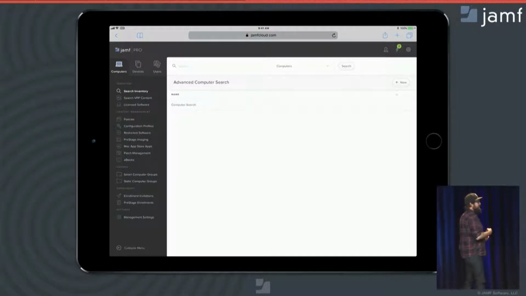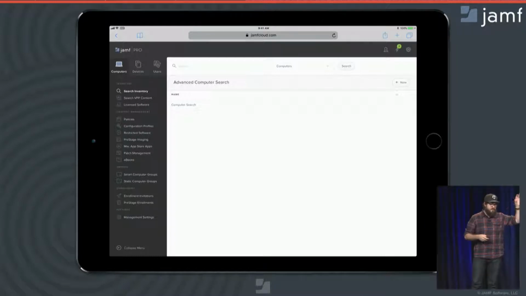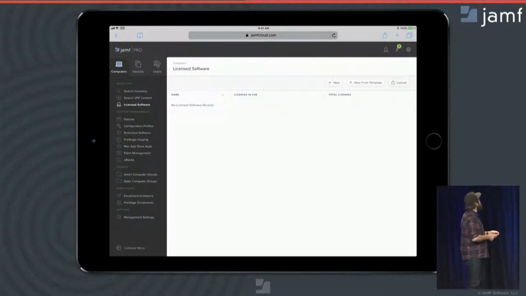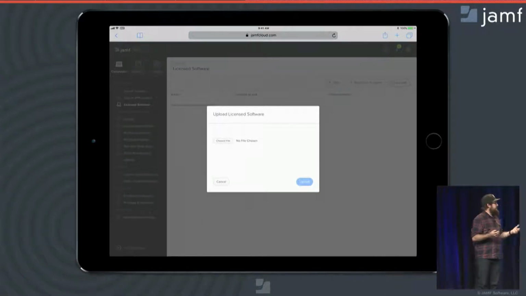Go back into Jamf Pro. I need to be able to upload this file now. So from the Jamf Pro interface, I can tap on licensed software over on the left-hand side. And there's a very convenient upload button in the upper right. So tap on Upload, and Jamf Pro asks me to choose a file to upload, same as you'd see on a Mac. Tap on Choose,